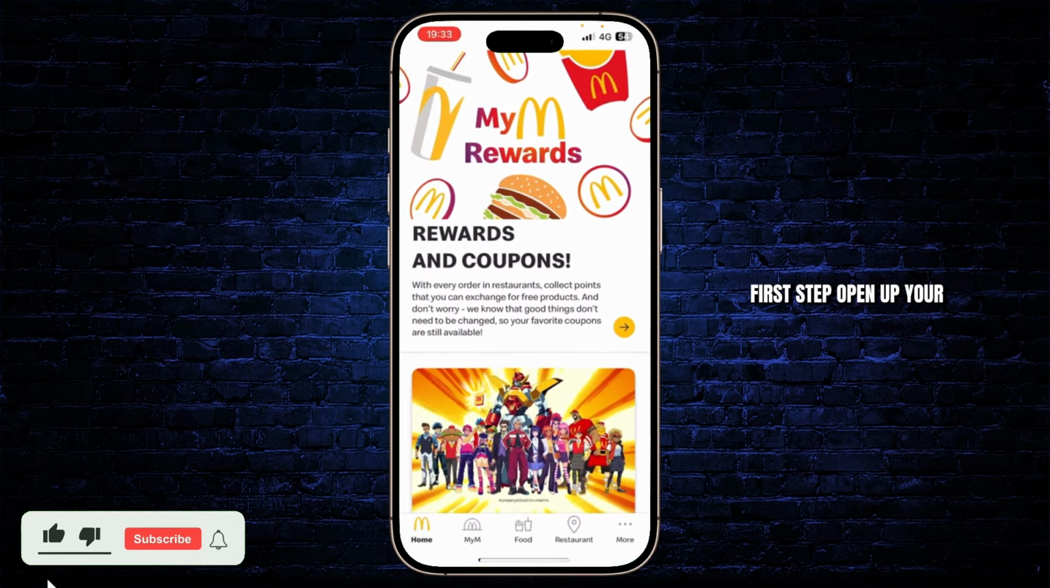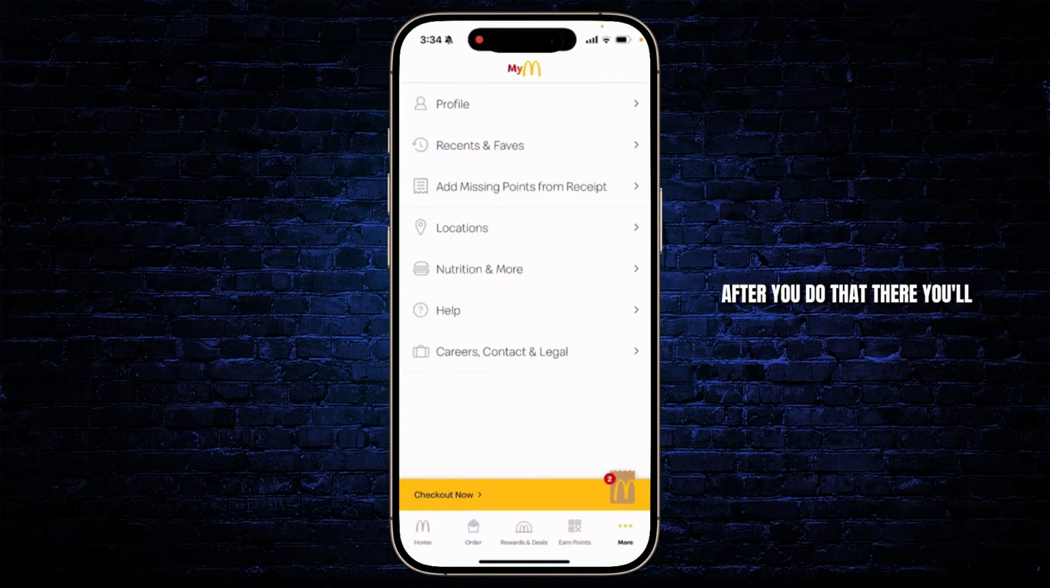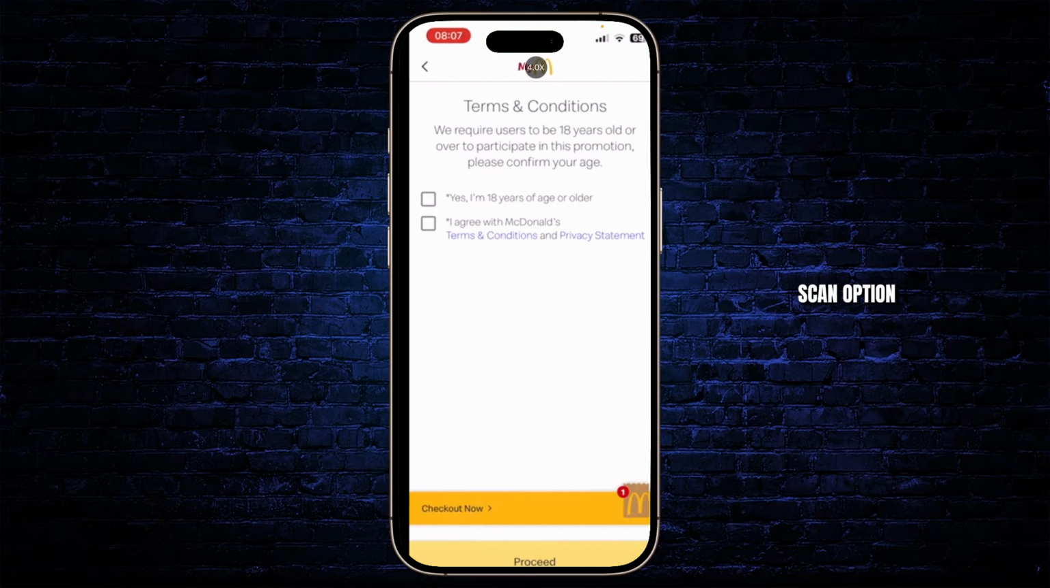First step, open up your McDonald's app. Make sure you're logged in, then head over to the bottom right corner on the three dots called More. After you do that, there you'll find a lot of different options. One of those options will be scan a code. I don't have it for some reason, but yeah, you can simply choose the scan option, which will lead you